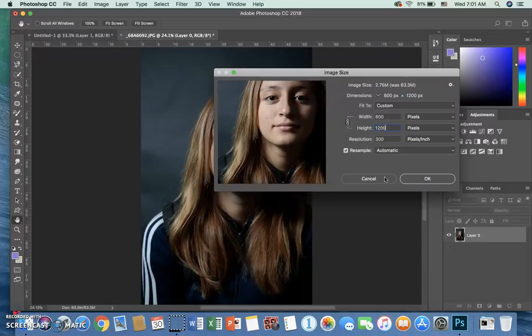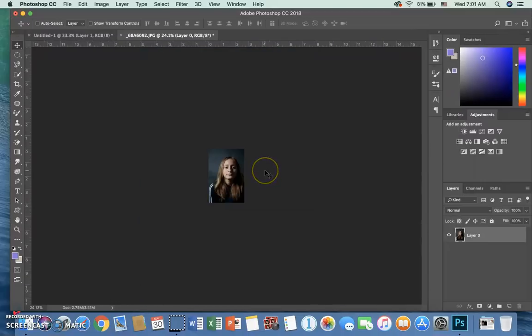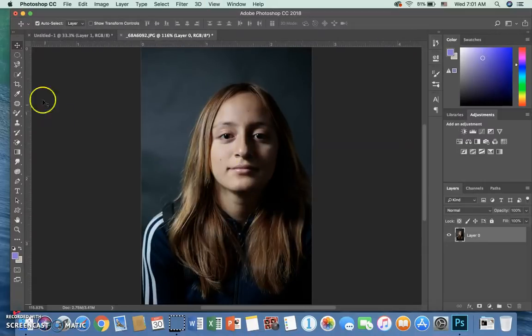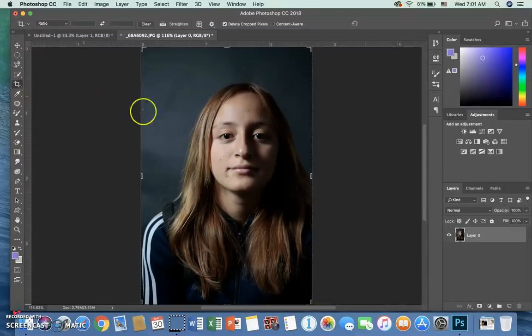So I'm going to click OK and Command 0. And I'm going to just click on this grid, the crop tool, click once to get the rule of thirds. Perfect. I mean, the eyes are right on the upper third line. This is perfect. Nothing needs to be done to this picture as far as rule of thirds goes. I'm going to click OK, and I'm going to